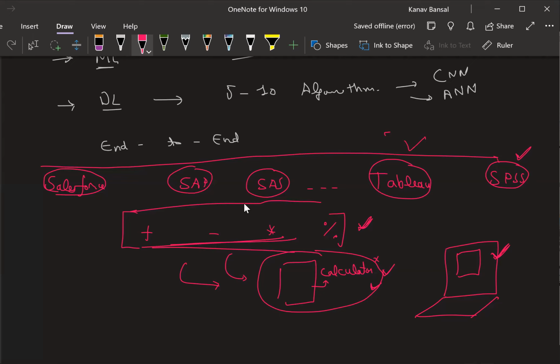The same is the story with all these tools that you see here. Be at that point where you learn all these things. If some company is asking you to work on these tools, maybe it is a good idea to learn them, but do not see your future in these tools, okay? Unless you are looking at making it a freelance career or something like that. Making sense to everyone? Great. All right.